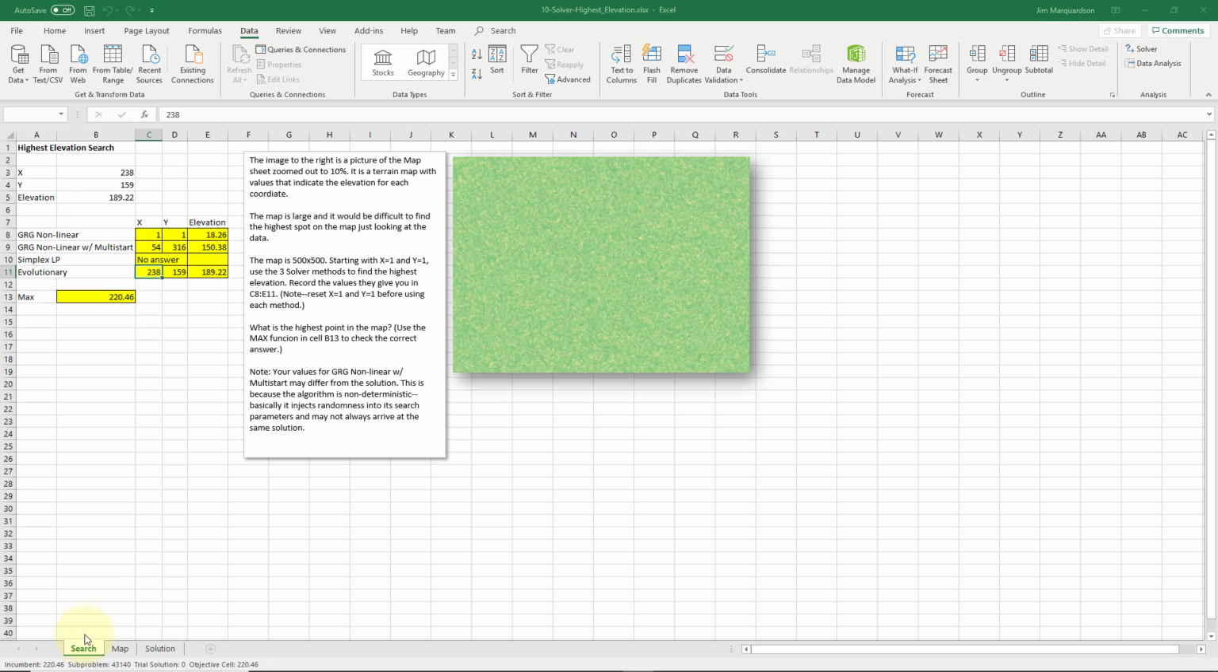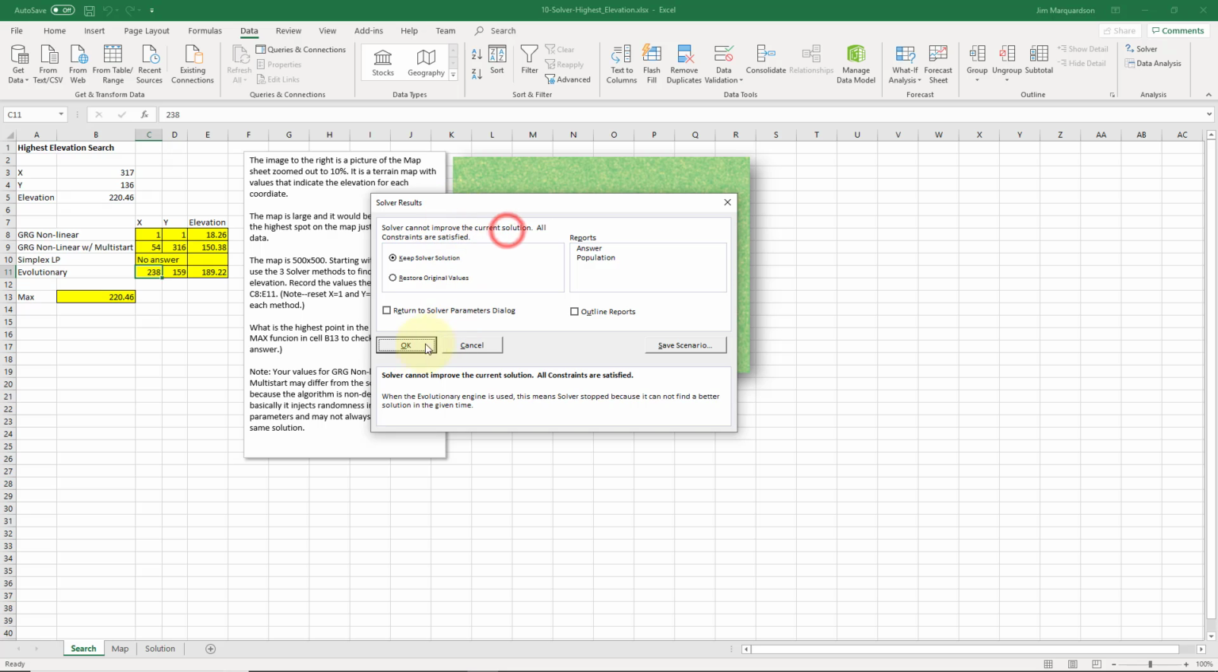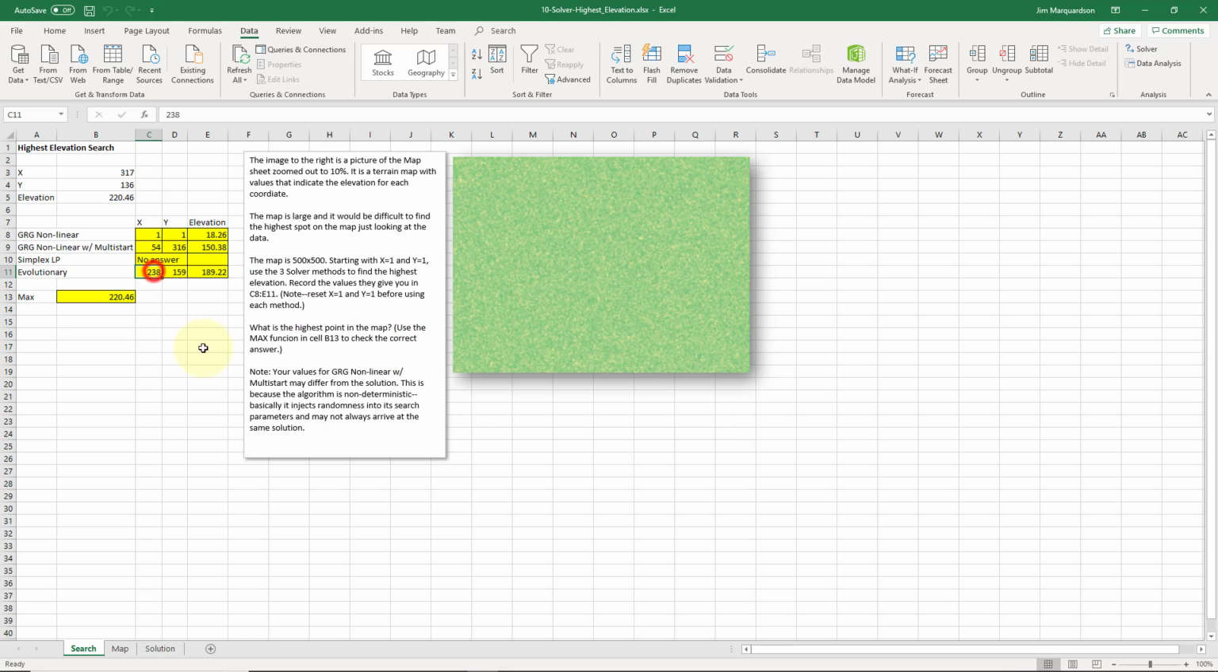So we know it's running, it's going to work. It's not going to come up with a better value than that. So that's a little bit about the different methods, showing how you can try different methods depending on your problem, but you should use proper judgment in determining which algorithm is going to be the best fit for your use case. All right, so I'm going to click OK. So this time evolutionary got us a better answer, 317, 136,